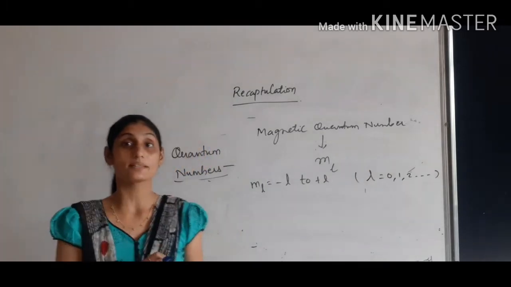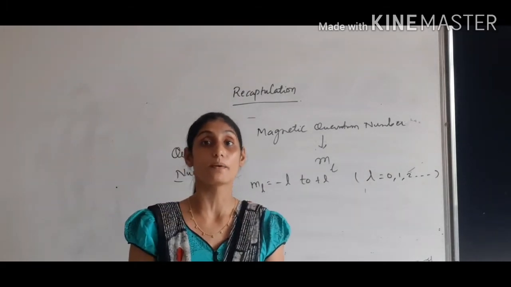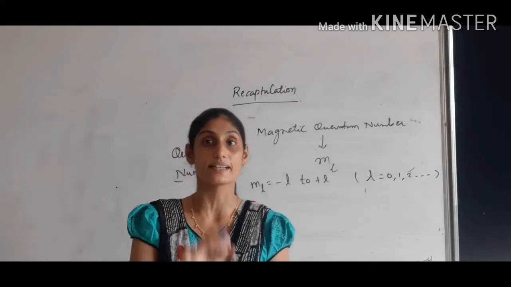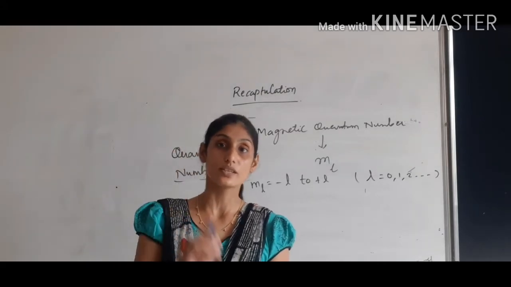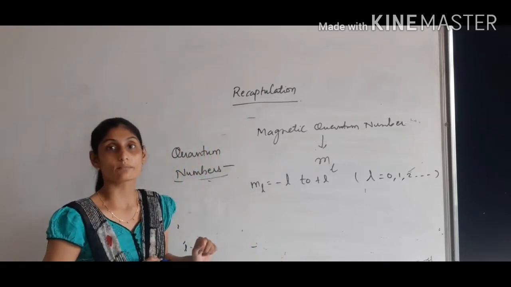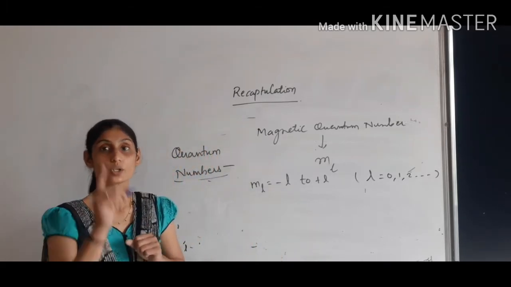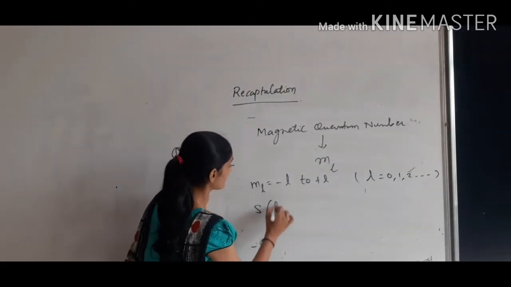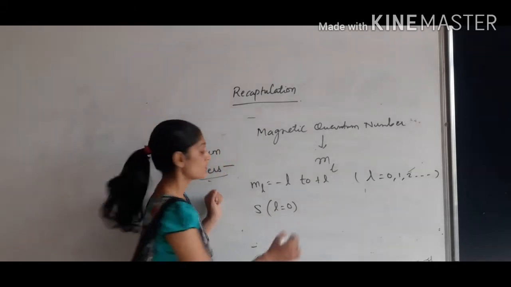So ml क्या बताता है? It tells us about the particular orientation of the orbital along a particular axis, that is x, y and z. कि उसकी सब शेल्स हैं कि नहीं, उसके बारे में कौन बताएगा? मैग्नेटिक क्वांटम नंबर. Starts with n is equal to 0, तो हमेशा होगी कौन सी ऑर्बिटल? s ऑर्बिटल. So when we talk about s orbital, at a time n is equal to 0, so 0 minus